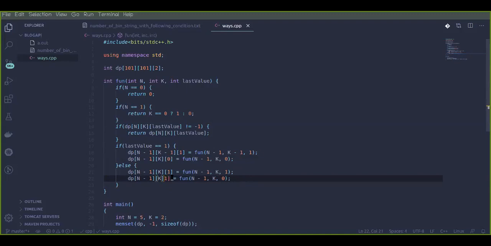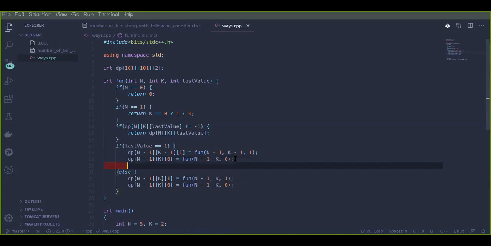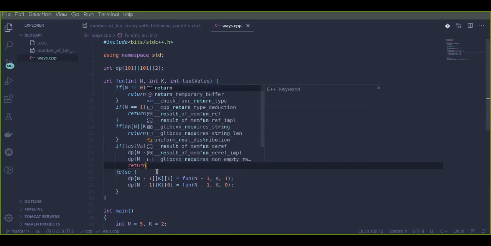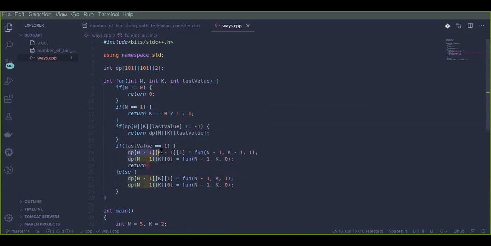So when it is 0 and -1 k, 0 and -1 k and 1, this is the thing, but we are not returning anything right here. We just need to return the summation of these two values plus this.